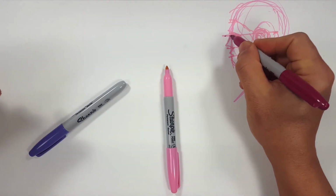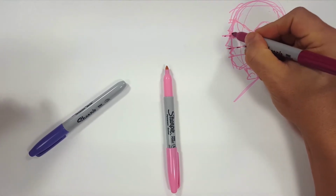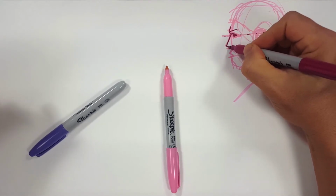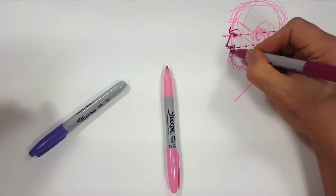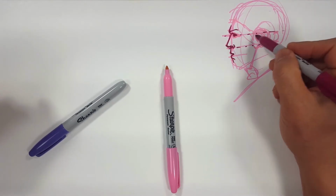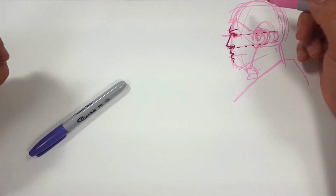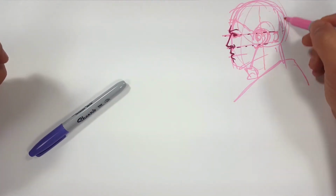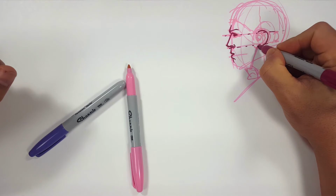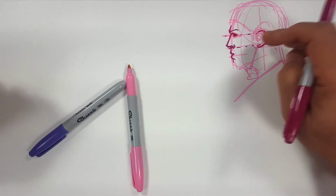Like I said, if this is the dotted line, so you can see much better, and this is the dotted line for the nose, we'll go ahead and do this. So you can see where we are, right? Like I said, this is a rough guess. It's down the center of the head, right? So you're going to put the ear roughly here, okay? And again, that's just a rough guess,